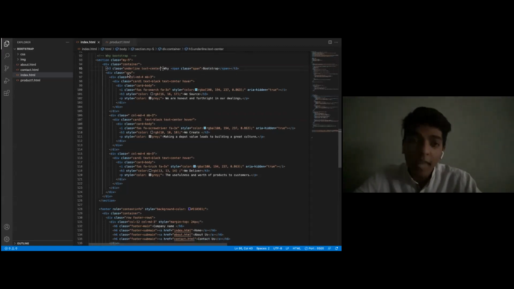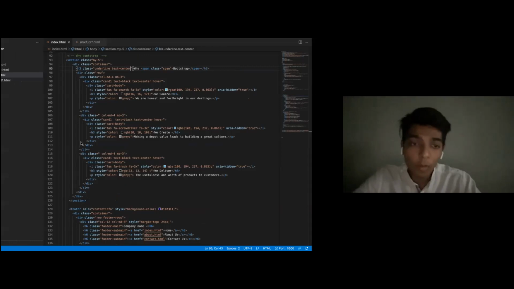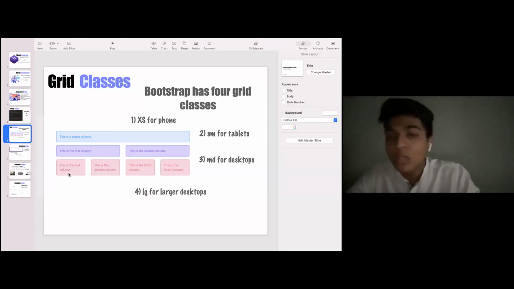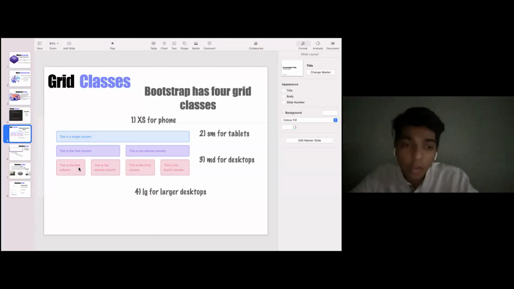Okay, so then we use a row and then we use a column of MD4. So from here we get why we use the column of MD4. Here the column is of MD3. Similarly, as I have used 6, I can also use 4. I can also use 3, 2, 1. 1 and 2 are not precisely used. 3 is also something that I would tell you not to use. But 4, 6, 8 up to 12 with respect to even numbers.